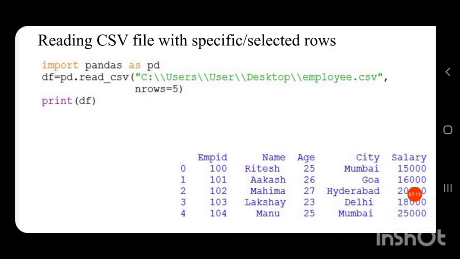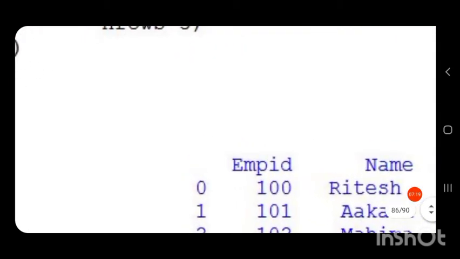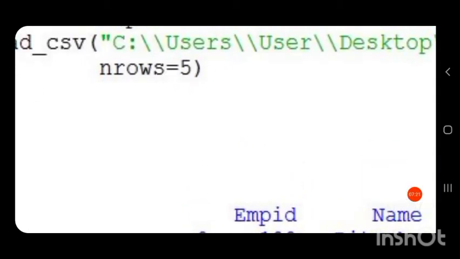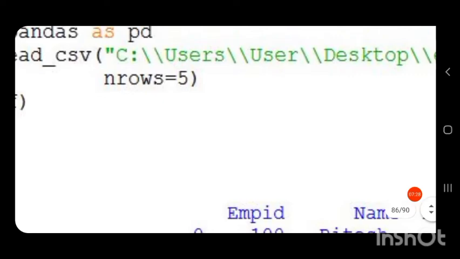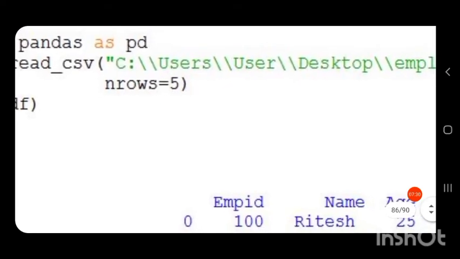So you can see, for selecting particular rows from a CSV file, we have an attribute called nrows. nrows equal to the number of rows to be selected. Here 5 indicates 5 rows are to be displayed.